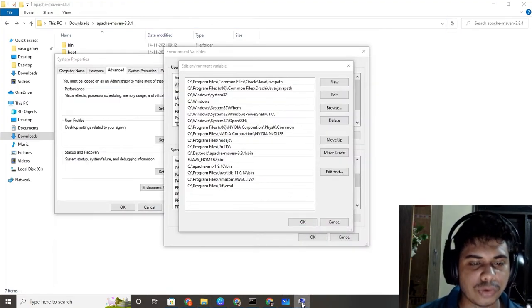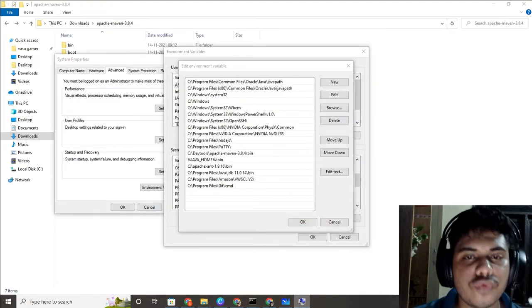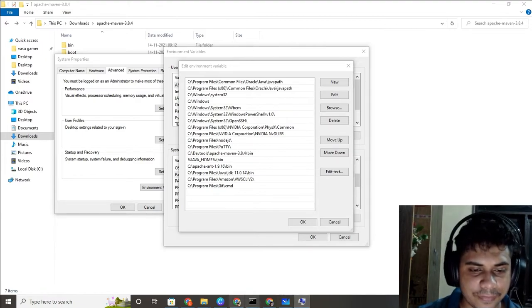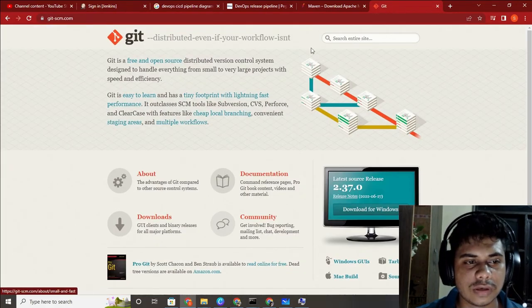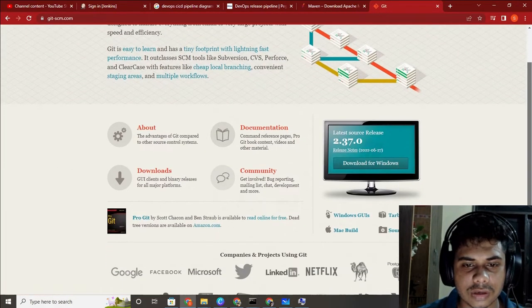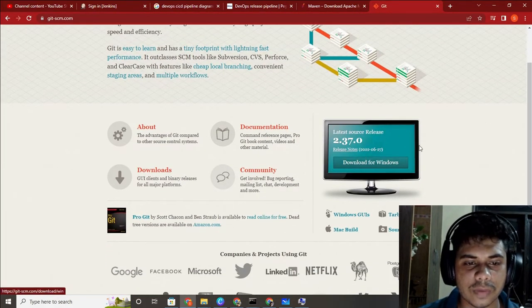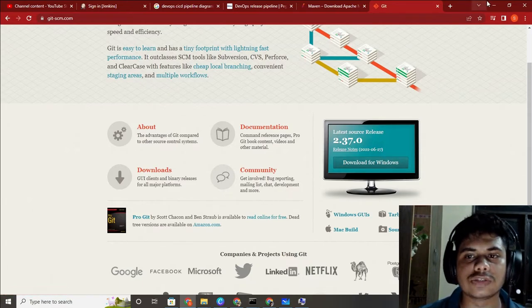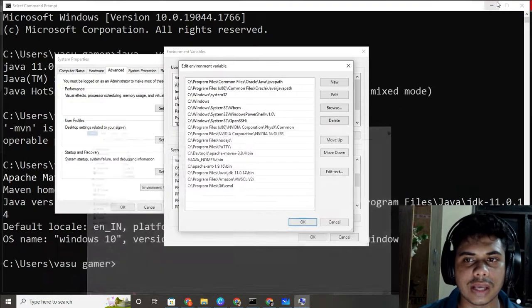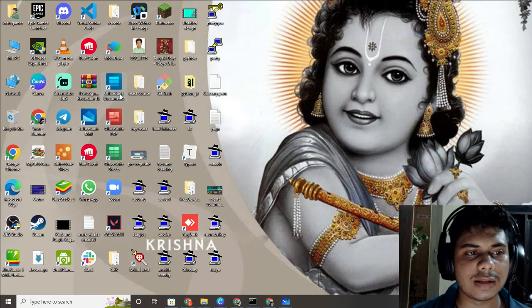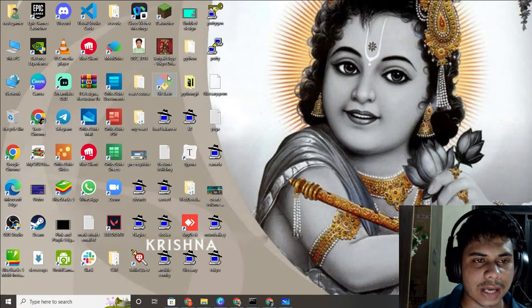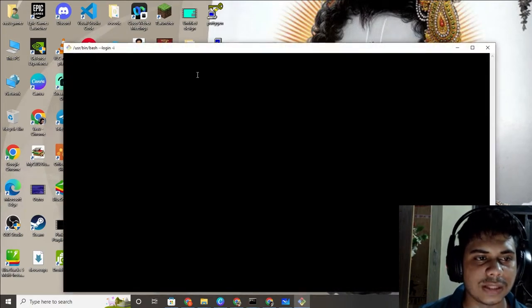Now it's time to move on to the last step. Now it's time to install Git. You have to install like this. Download for Windows. You have to click on this and install Git. After installing it, you will get an icon like this. Open this. Okay, alright, open this and